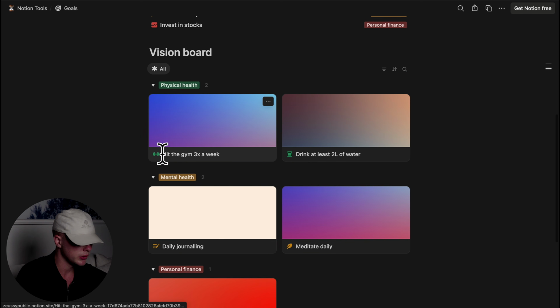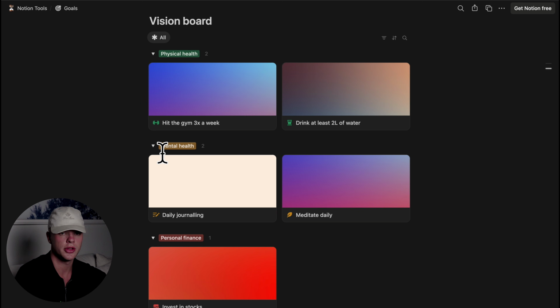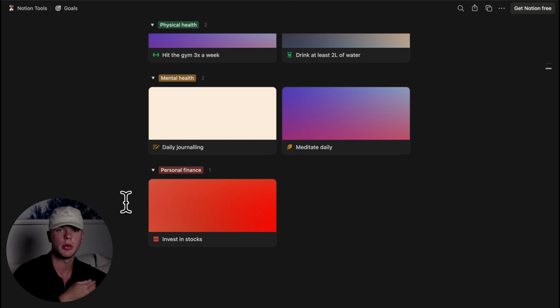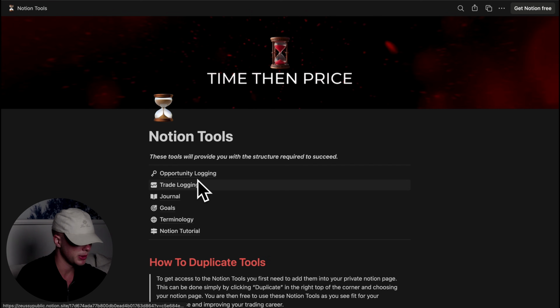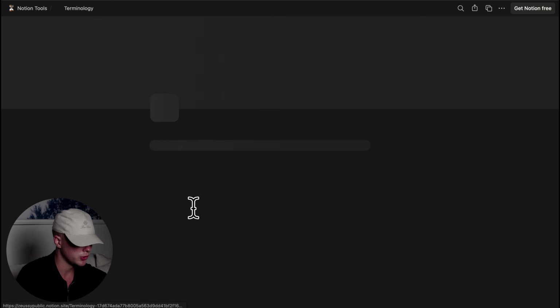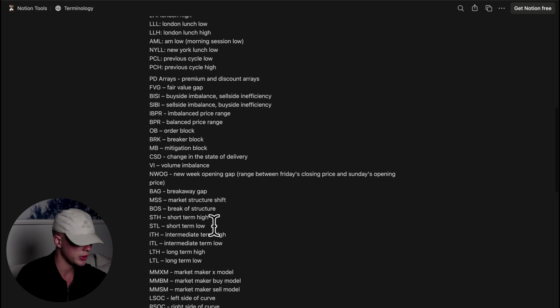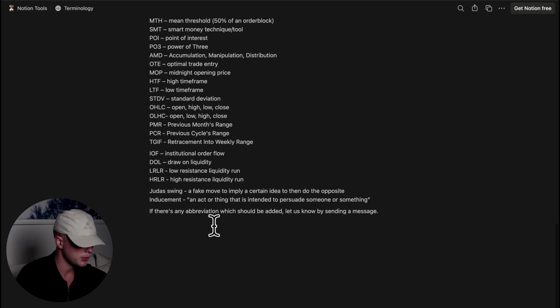On the vision board, you can create your own vision boards where you can attach your own images. And you can make sure that this page right here can be the page which you always reflect upon when you feel like you need to see what direction you're actually going, what the vision actually is behind why you're working this hard. It's pretty self-explanatory, and the same of course for terminology, where you can see all of the different terms which I use throughout my posts, throughout my lectures, etc.